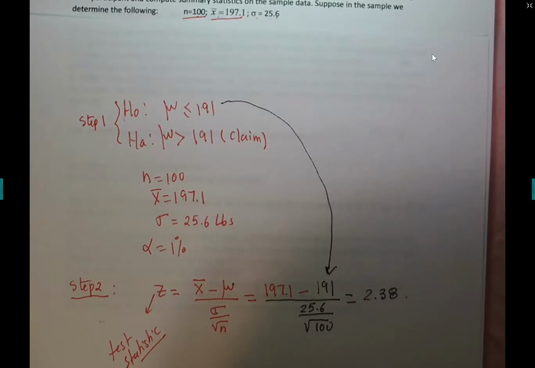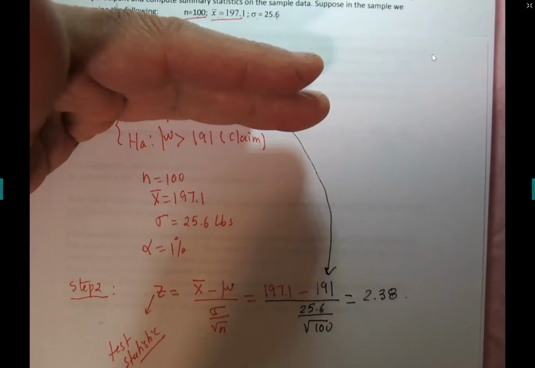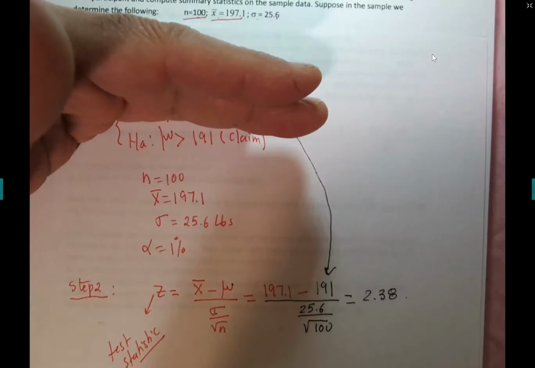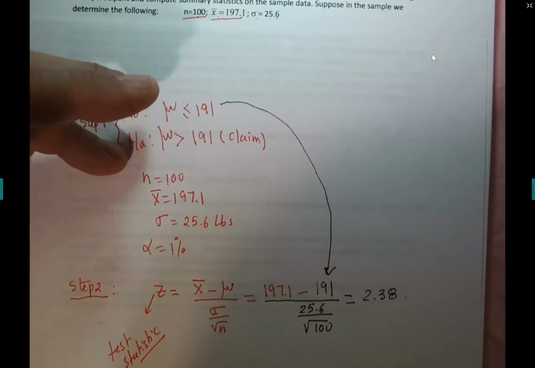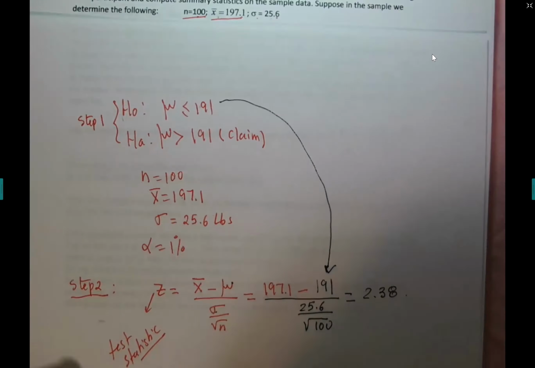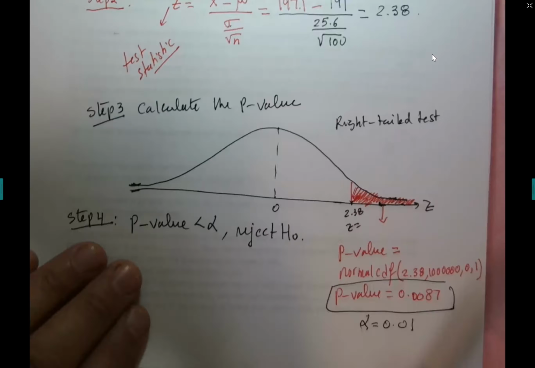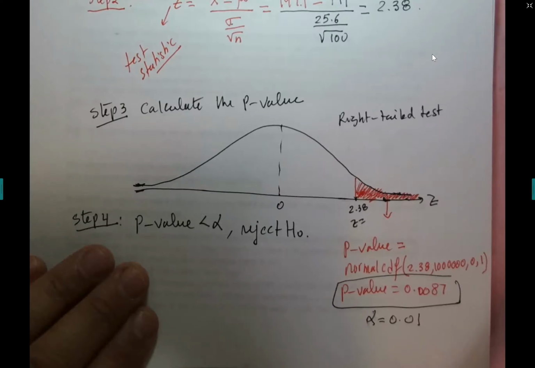Yes or no? Our claim is in the alternative and H0 turned out to be not good, bad. So would you guys agree with me that HA is good? That means, yes, the claim is good. And here's how you state the language. You're not going to decide how to state this language. You're going to memorize this language, guys.